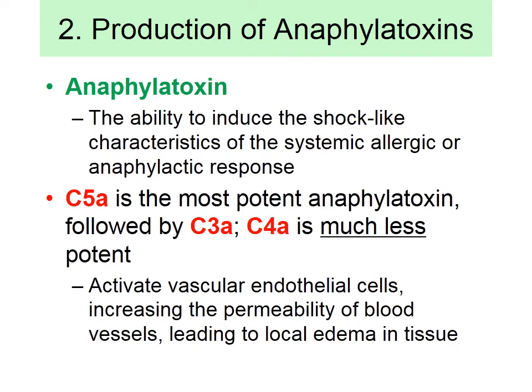Now, the third part of it, as you saw, is something that we already discussed: production of anaphylatoxin. I just explained that to you. Again, C5a is the most potent anaphylatoxin. You need to remember that. It is followed by C3a and C4a. Keep in mind that they all have an "a", and they are not opsonins. And then if you look at the third important function of complement,